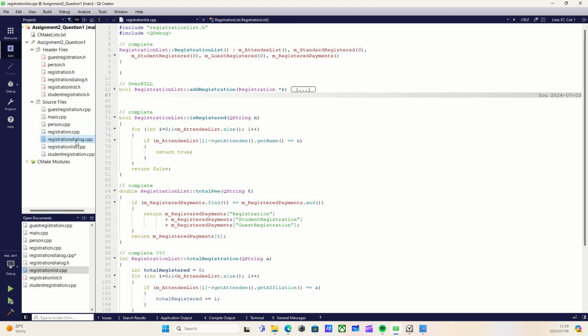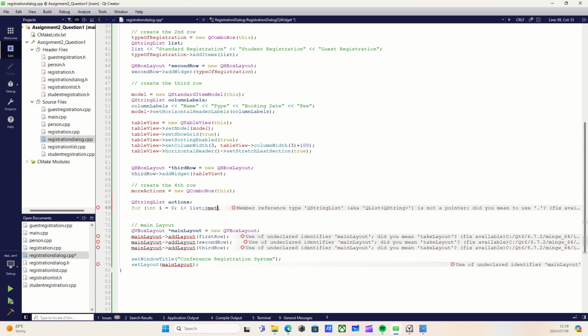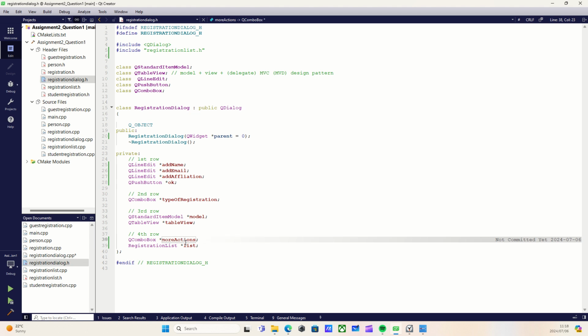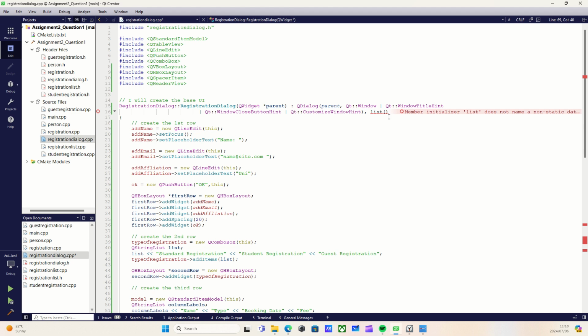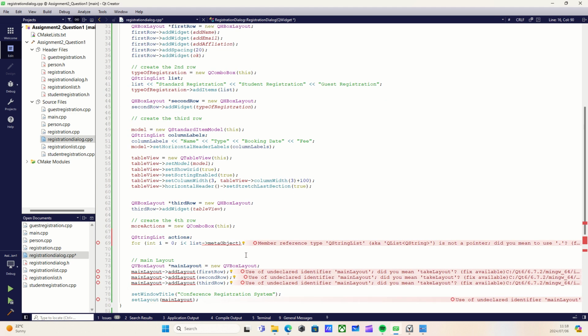Oh, okay, my assumption is because it's just not picking up. QStringList, right, is on a pointer. I know that QStringList. It's because above I have another list. Damn it! I'm going to have to change the name. So registration dialog reg list, and I'll copy this. Control here. I'll come up here and I'll change this to registration list. And if I come down here,